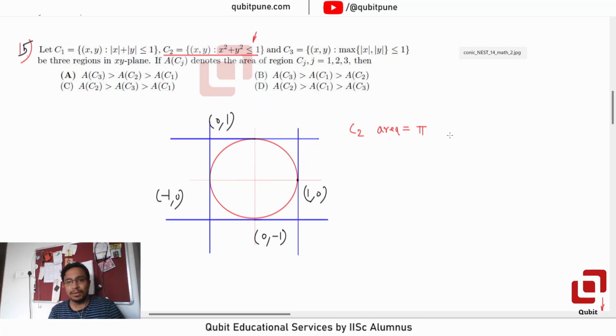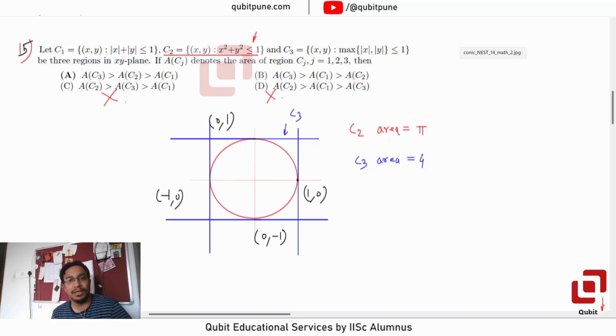So let me call this C3 square. C3's area is 4. Why 4? Because the side of the square is 2. So C2's area is less than C3. So option D is gone. C is also gone because it says C2 is greater than C3. Now let's decide whether it is A or B, and for this we have to go to